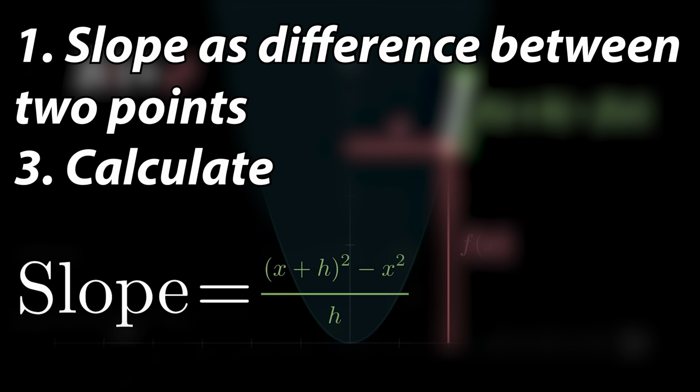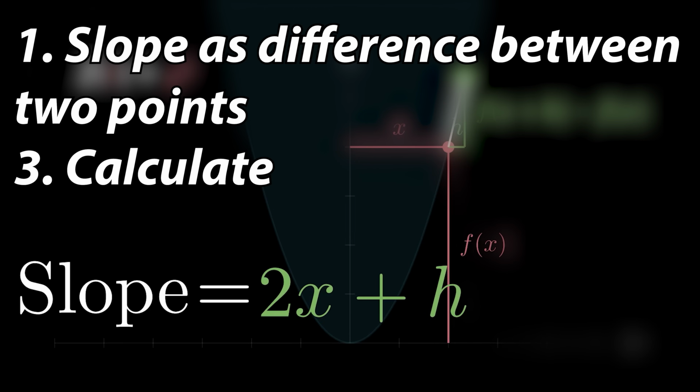So (x plus h) squared will be equal to (x plus h) times (x plus h). So we multiply x by x, by h, by x, and h by h. In the end, we'll end up with this. Now, in this equation, we have x squared and negative x squared, so we can cancel them both out. Now we just end up with xh, xh, and h squared. xh plus xh is equal to 2xh, and now we just need to divide all of them by h. There we go. We end up with 2x plus h.